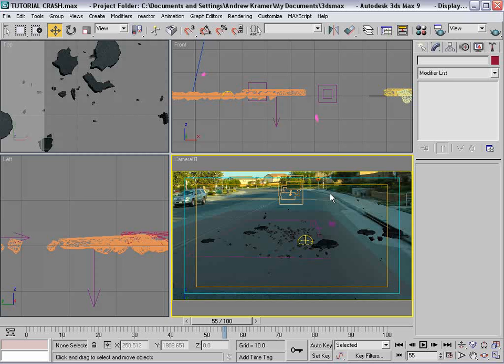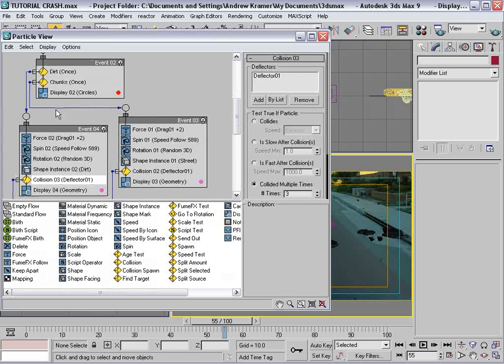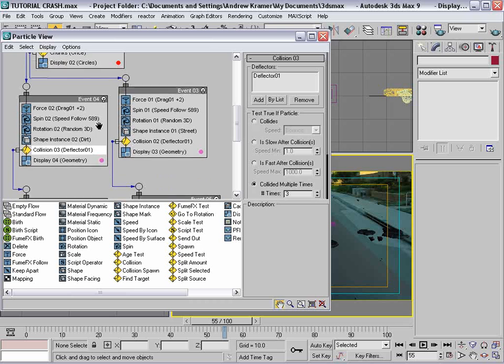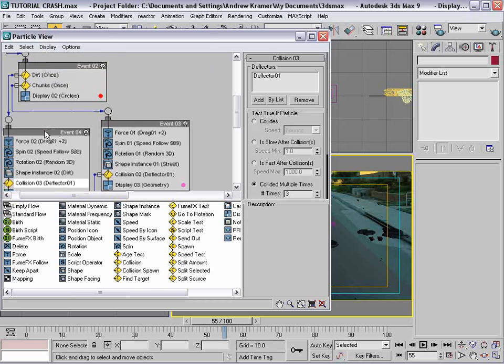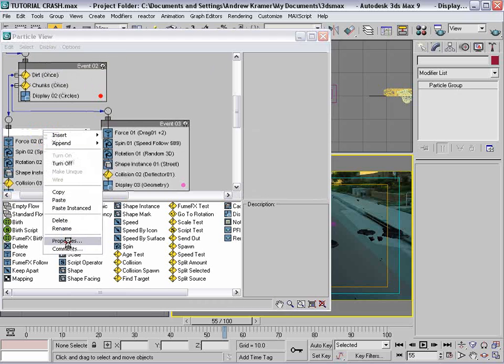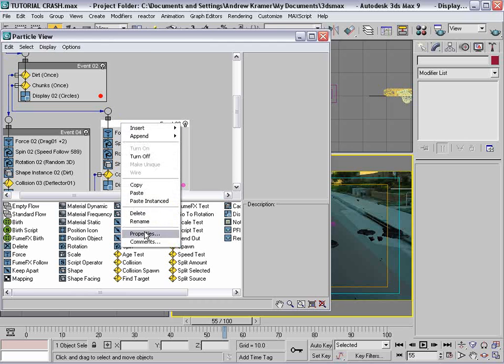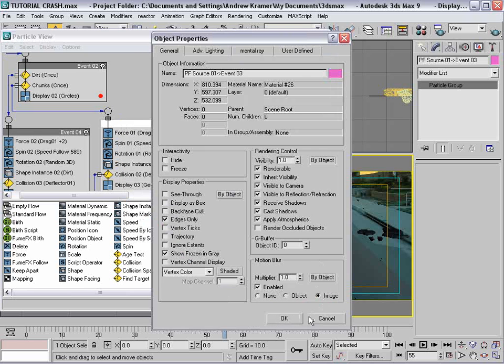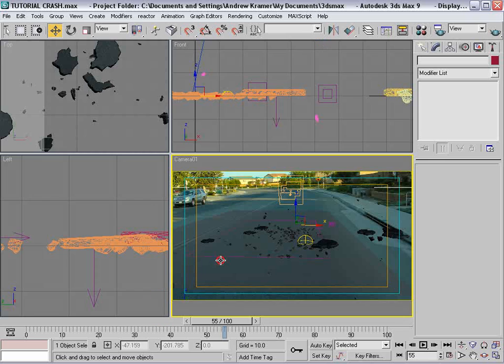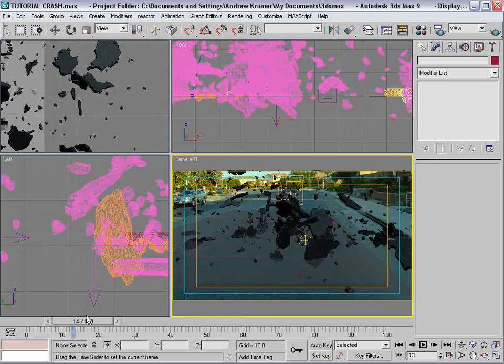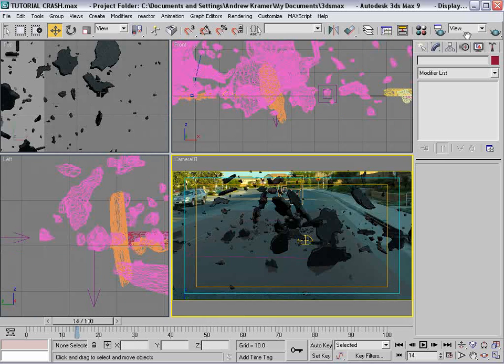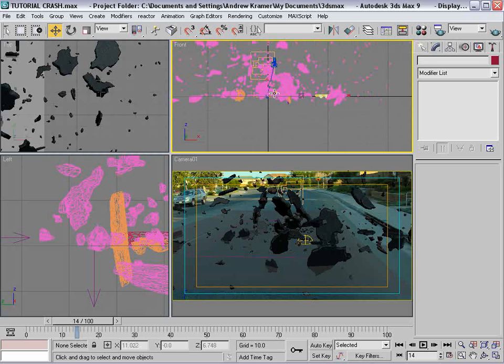So how we're going to render it is we'll hit 6, and we want to add some motion blur. How we do that is per event. So we can right click on this event, and this is the dirt pieces, right click here, properties, turn on image motion blur, and we'll close that. And there's our pieces. We'll turn on our light